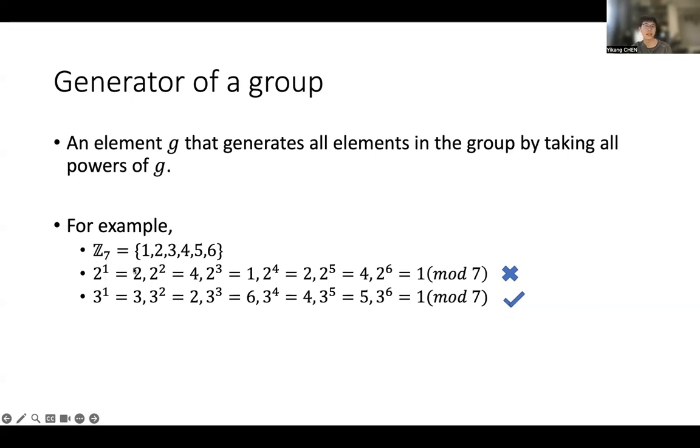We can try different elements in this group by taking all the powers of them. For example, 2 to the 1, 2 to the 2, 2 to the 3, up to 2 to the 6. But we can see that it cannot generate all elements in the group. However, 3 can. So 3 is the generator of this group. Remember, the generator is not unique in some groups.